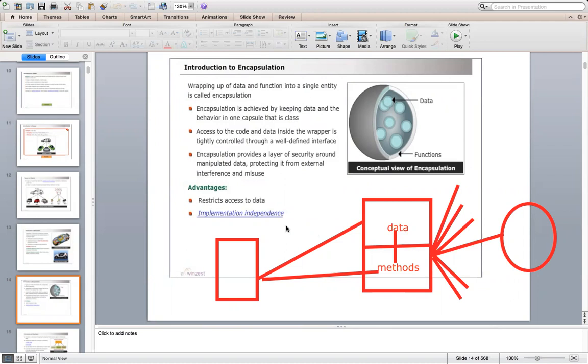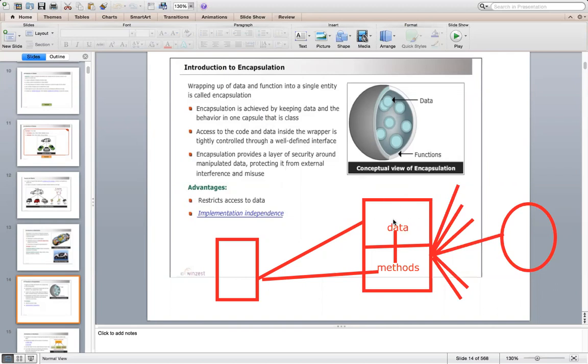That's the wrapping that we have done, so that your own implementation exists across all. That is what implementation independence means. And because data is now tied with methods, it cannot freely move around the system. Nobody else can have direct access to your data, so we restrict access to data. So there will be data security, which is actually lacking in procedure oriented programming languages. That's how encapsulation helps.